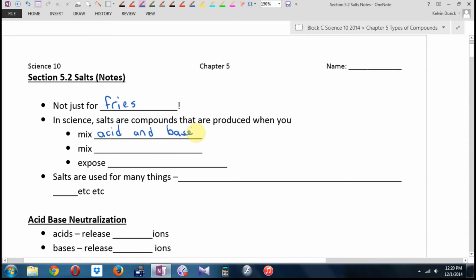The second way, and this one's going to seem a little bit more obscure, is if you mix what's called a carbonate with an acid. What's a carbonate? If you look on your pink sheet on the back on the polyatomic ions, there's a carbonate ion. So if you have a chemical that has a carbonate ion and you mix it,